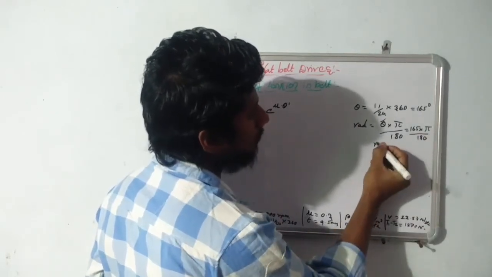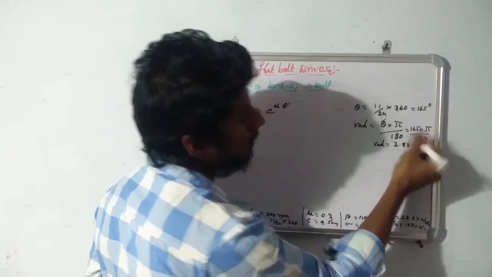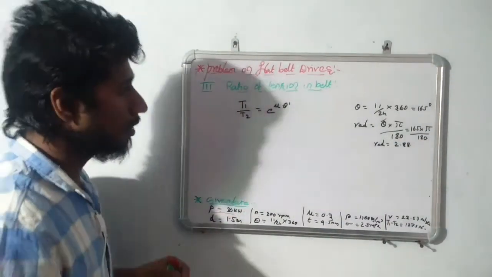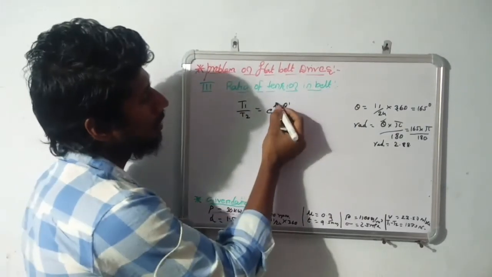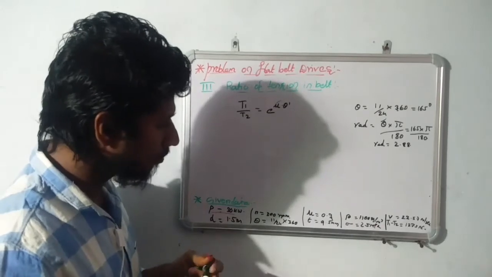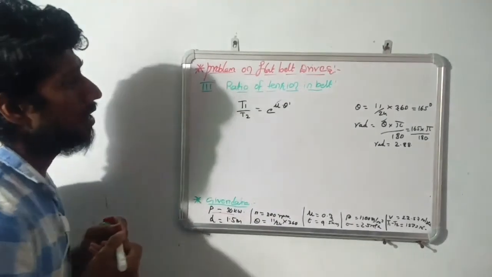So by simplifying this one, what we get here, that radians equal to 2.88. So this is about the theta value in radians, and here we know what is the value of coefficient of friction. By substituting these values here,